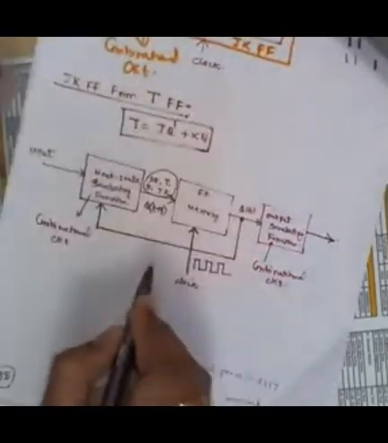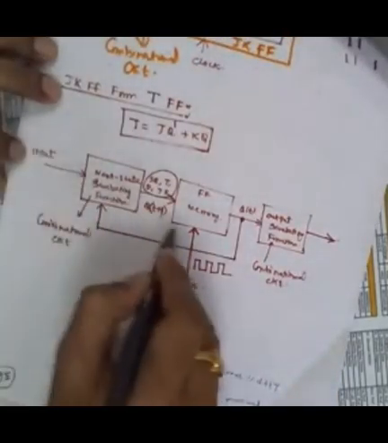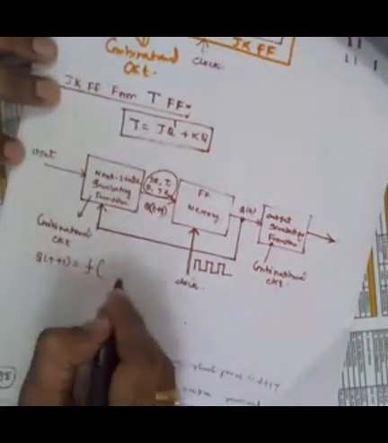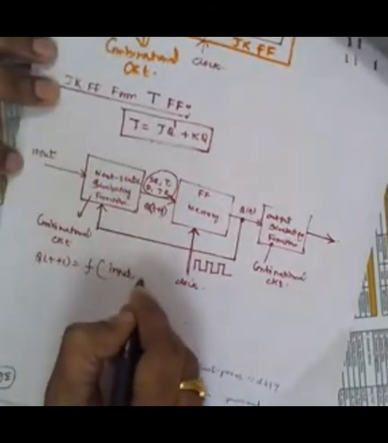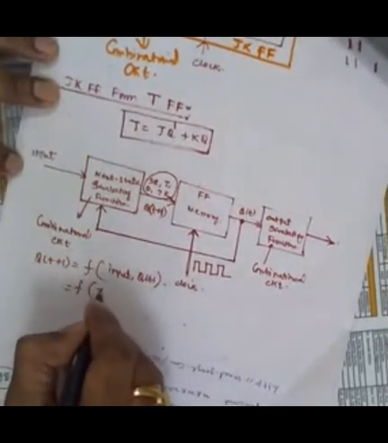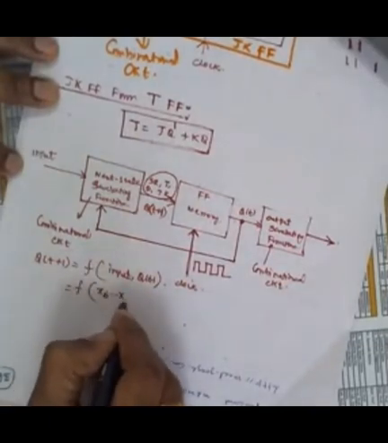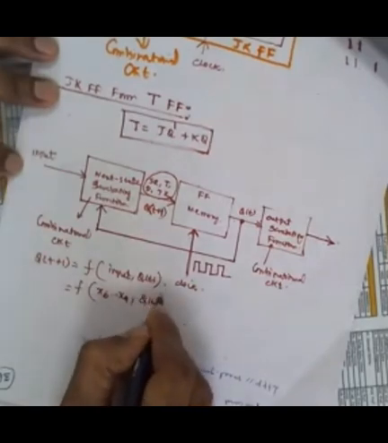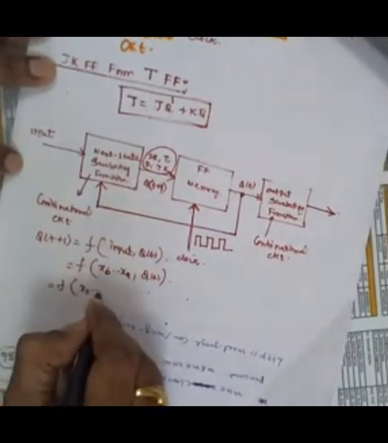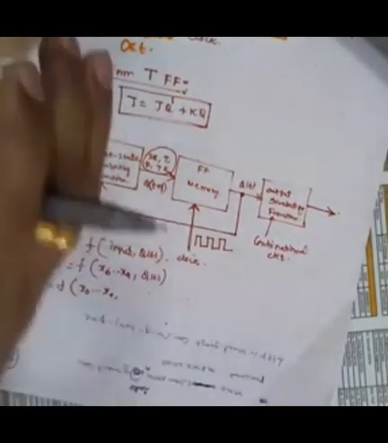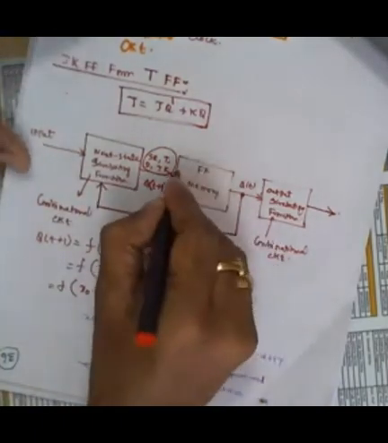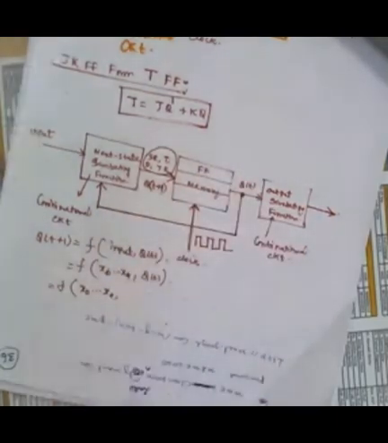Understand now? So what happened? The SR, T will be changed here based on all these functions. So this Q of t plus 1 is actually some logical function of input and Q of t. Maybe if you have 10 inputs, then x0 to x9 and Q of t. And if you have, say, 4 flip-flops in parallel, there is an array of flip-flops, 1, 2, 3, 4.